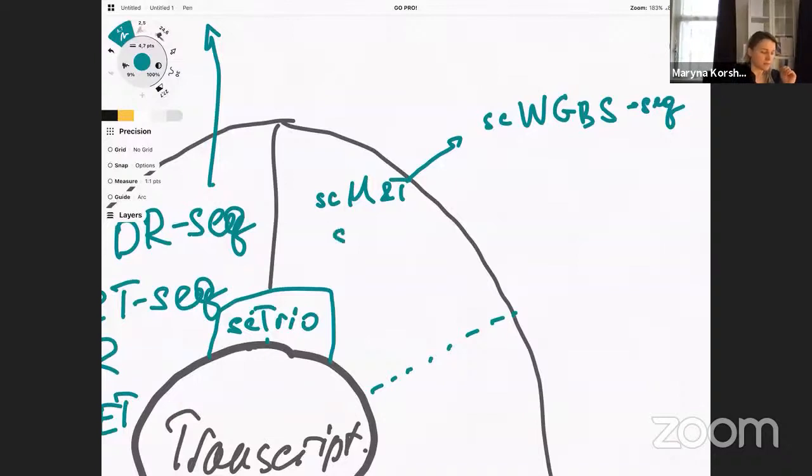Similarly, by name, please be careful with that. There is a method called single cell M&T sequencing. So the difference is just in this ampersand. And this method is a little bit more high-throughput, and it's based on flow cytometry for cell isolation. Then you do, again, bead-based separation of DNA and polyadenylated mRNA. And then by this separation, you already can treat your DNA for whole genome bisulfite sequencing,